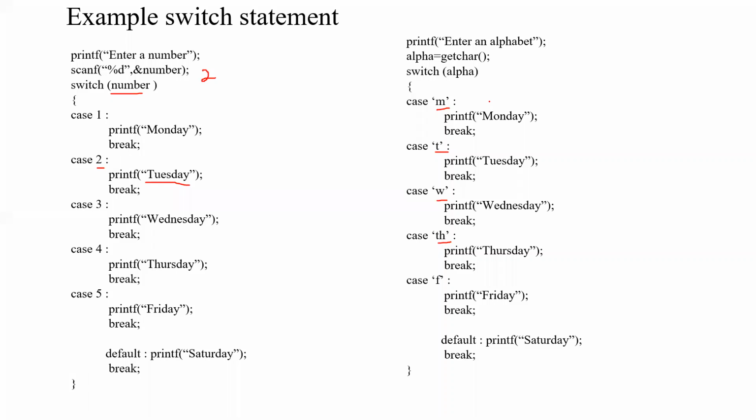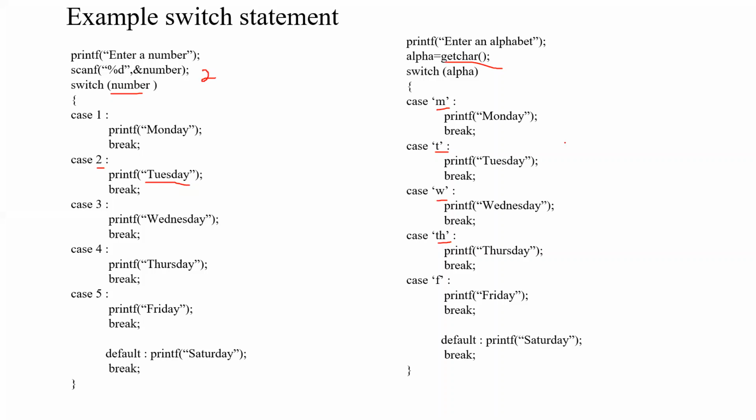These two functions only we have studied till now, but we have other functions which we can use in order to get an input from the user and to print output onto the monitor. One such input function, another input function, is getchar. Getchar is for getting a character from the keyboard.